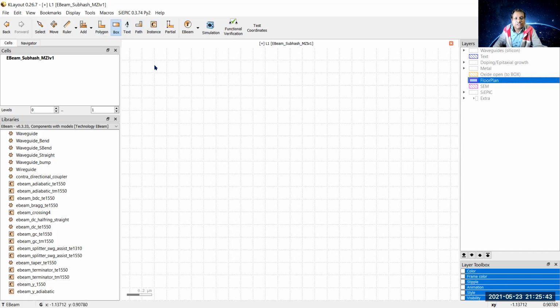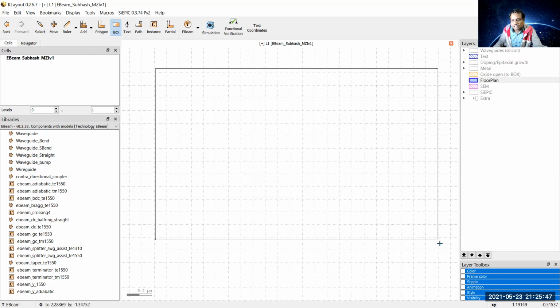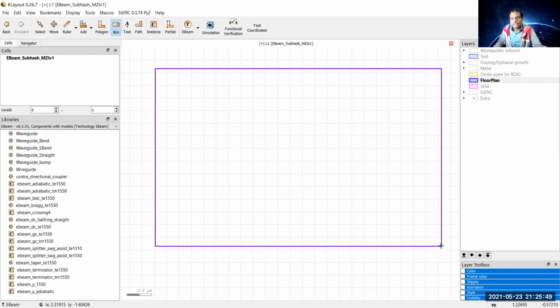I select the box and drag in the canvas region. After that, I click, and then you can see a rectangular box with color blue is visible. After that, you can press the escape button, and by default select is visible.